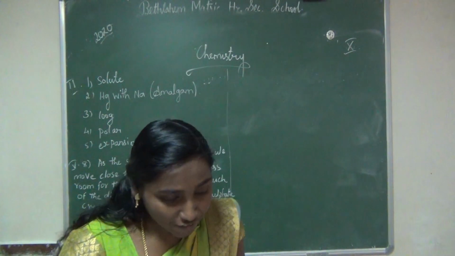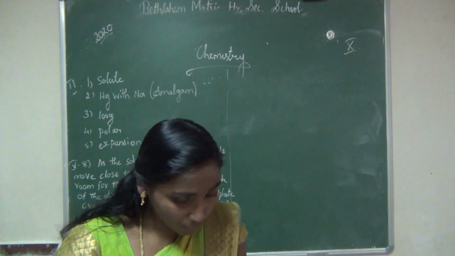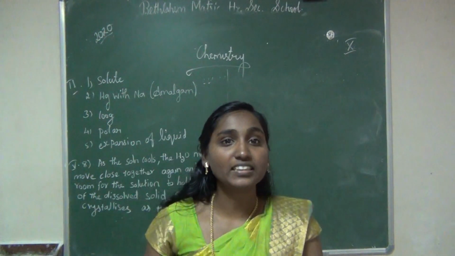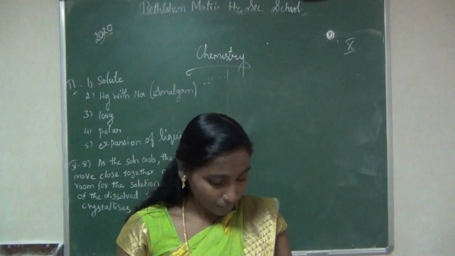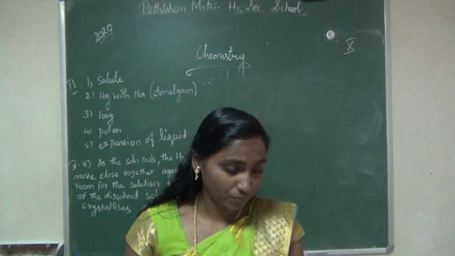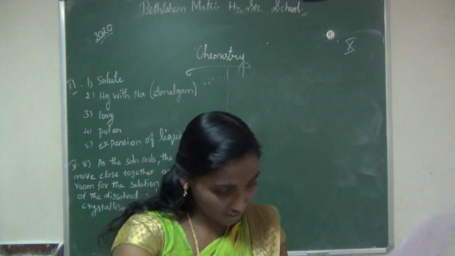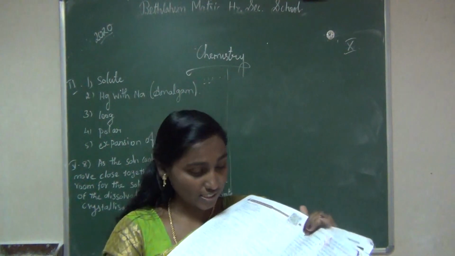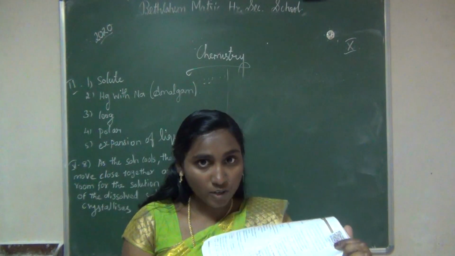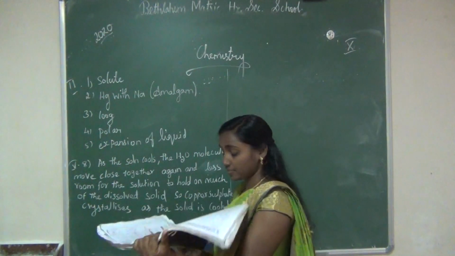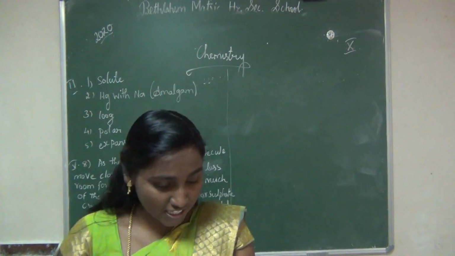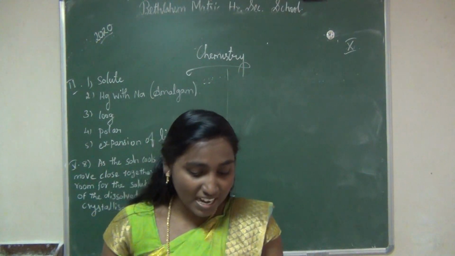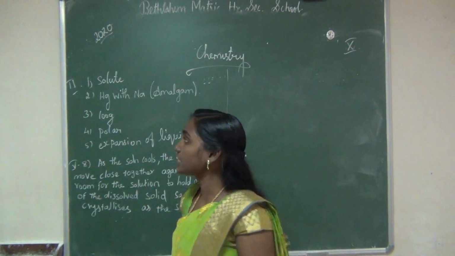Now all of you take your book, page number 134. In our last class we marked all the 1 mark questions, right? Today we are going to mark the fill in the blanks. So see the first question. The component present in lesser amount in a solution is called